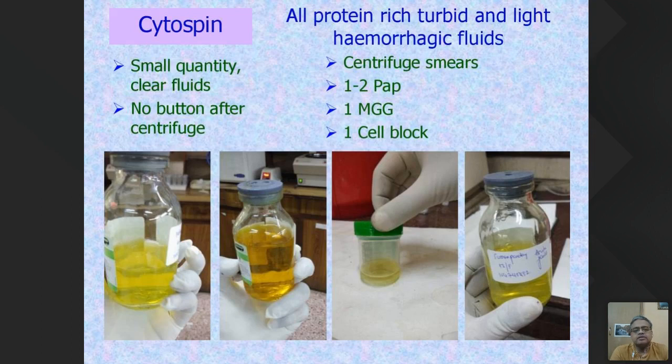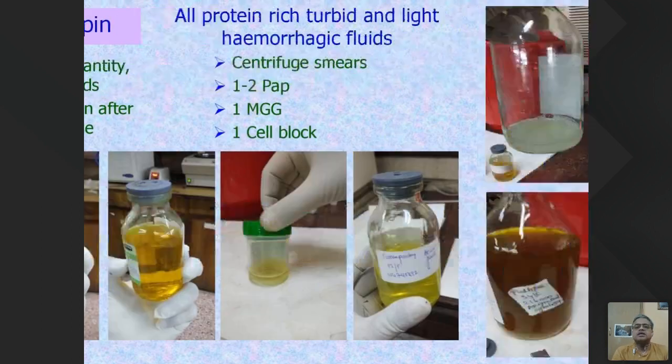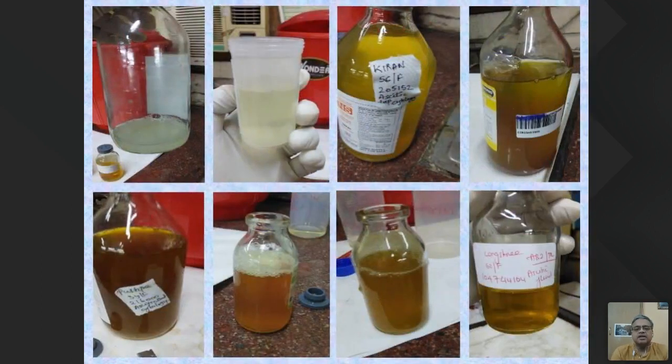So when do you use a cytospin in a fluid? When it is small in quantity, like a CSF or a small quantity of ascites which has been sent by an ultrasound guided tap. Clear fluids of any sort which do not yield a cell button, or if there is no button after the centrifuge is initially tried, and therefore you know that there is no button, you do a direct cytospin. Whereas fluids which look like this, which are much more heavy, turbid, and not transparent but translucent,